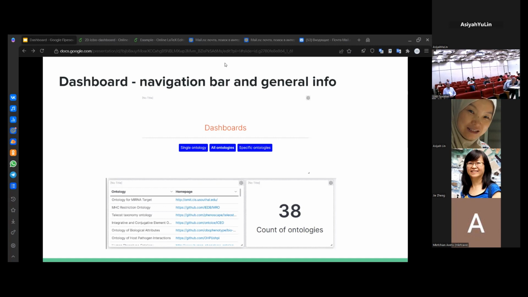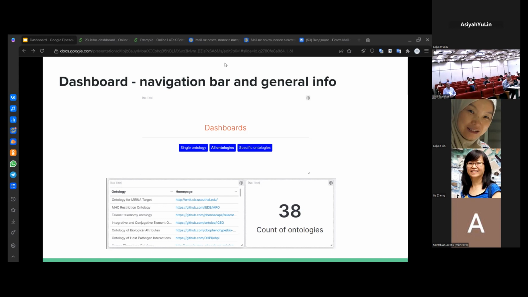Single ontology, so that the user can just select one ontology and get data about it. Specific ontologies is rather so that the user can select several ontologies and compare them, for example, by the number